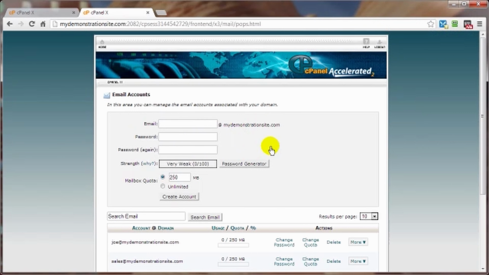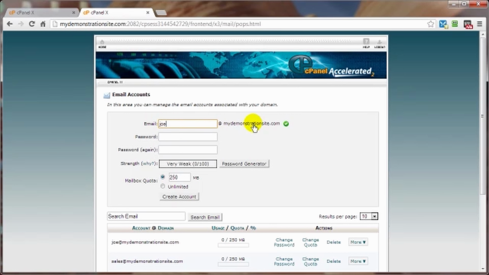Now, like with this particular web hosting account, I can have as many different email accounts as I want. So, for example, if I were to hire some outsourcing work, I can assign an email account for that particular person or persons. And once they've completed their task, then I can just come in and delete that particular email account. So in this case, let's go ahead and add